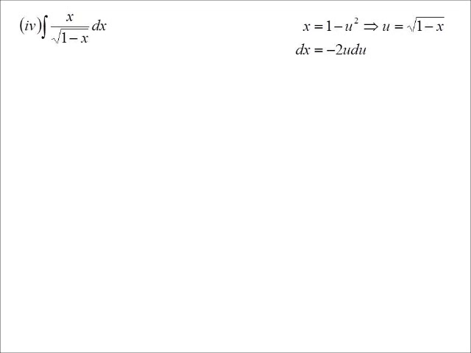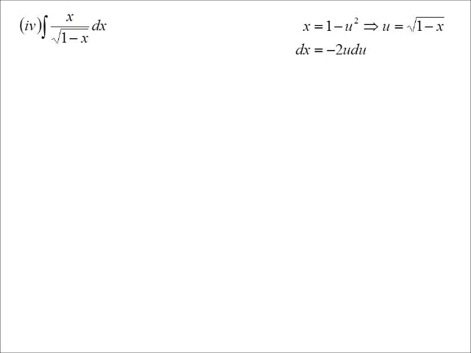Again, it will get rid of the square root sign for me, because in effect what I'm saying is u will be not just the bit in the square root sign, but the whole square root itself. But because I've made x the subject, I can substitute straight into the x on the top. I can substitute in for the square root of 1 minus x. And I can substitute in for dx as well, because if I differentiate x with respect to u,